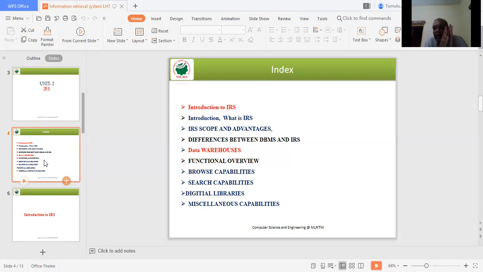What is the scope and advantages of that particular system? The scope of the information retrieval system is very vast. We are going to have many concepts when retrieving the information. We have something called indexing. We are going to learn different data structures and different searching mechanisms. We are going to understand how the retrieval process is done during web related search, and how the retrieval process is done for images.